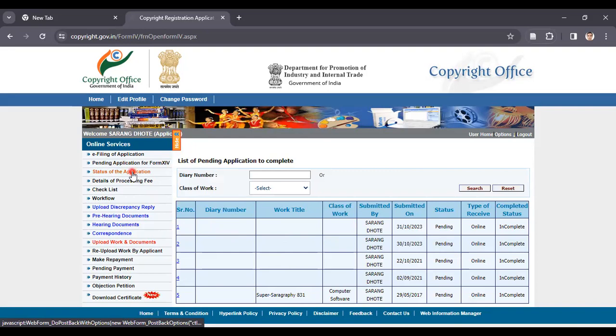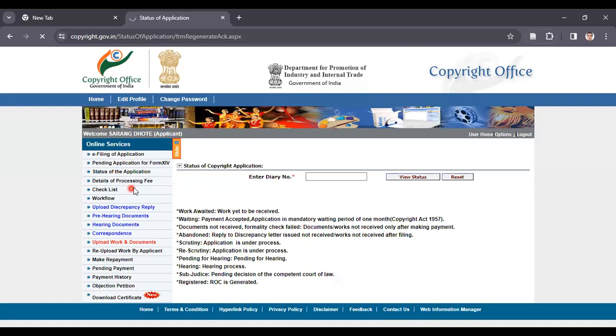नाउ 1-2 महीने के बाद, 1 महीने के बाद क्या करना है? आपको स्टेटस चेक करना है, तो यहाँ पर स्टेटस ऑफ द एप्लीकेशन पर क्लिक करना है। एप्लीकेशन पर जब आप क्लिक करोगे तो यहाँ पर आपको डायरी नंबर एंटर करना है और यहाँ पर व्यू स्टेटस दिखेगा। वेरियस टाइप ऑफ वर्क दिखेंगे, जैसे वर्क अवेटेड होगा, वेटिंग होगा। रिमेंबर वन थिंग, सबसे पहले आपको रजिस्टर करना है खुद को, फिर ई फाइलिंग पर क्लिक करना है।